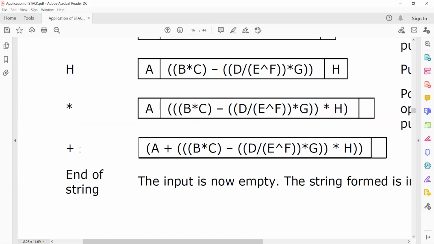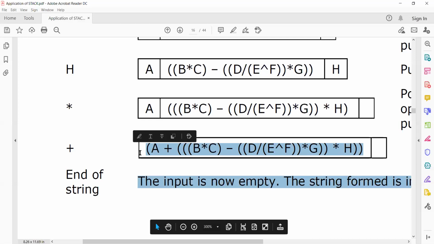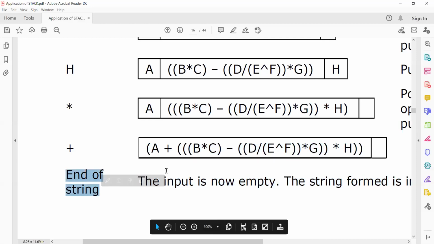Then plus. So again, I'm popping this top element and also popping the other element, placing the plus symbol here. At last, if your postfix expression is correct, you will find only one element in the stack, because it is the end of the string and there is no other symbol to scan.